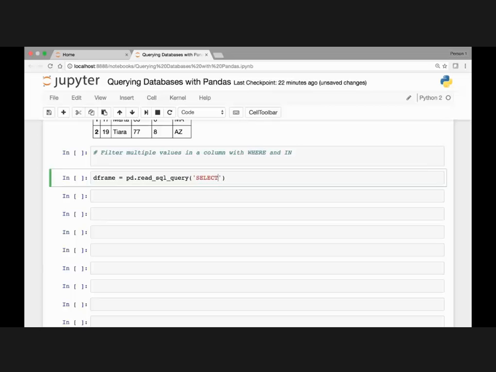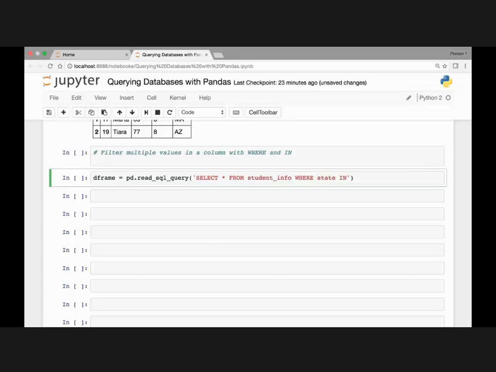Okay, so we can say select star. We'll be grabbing everything, so select all from our student info table